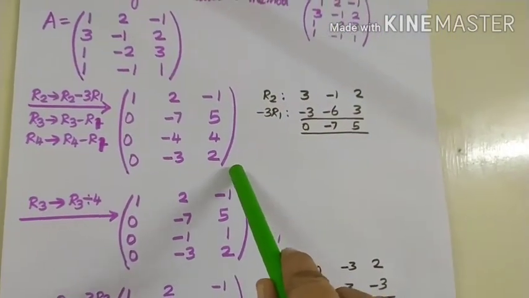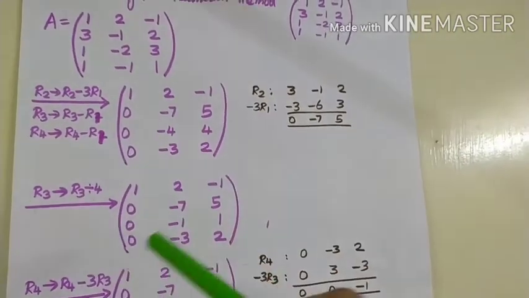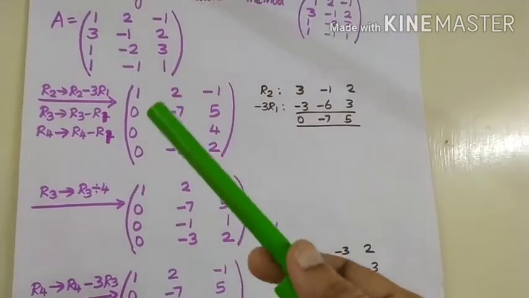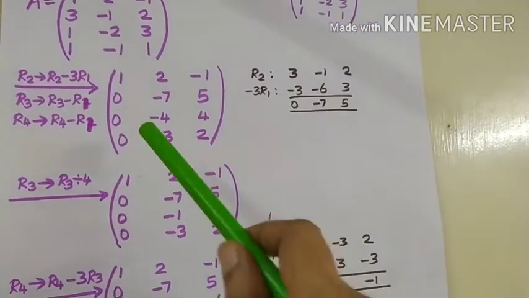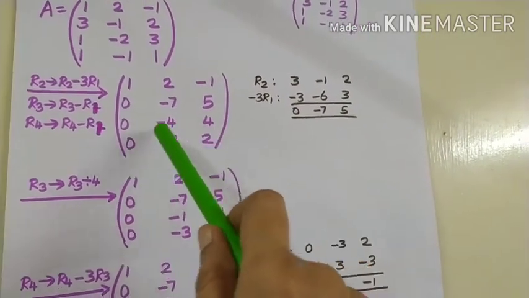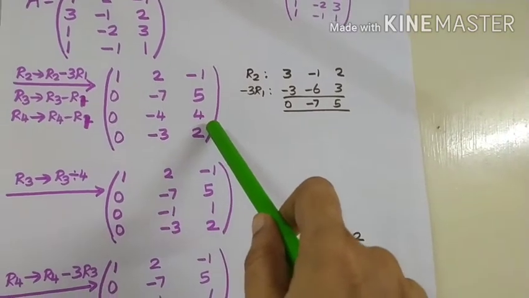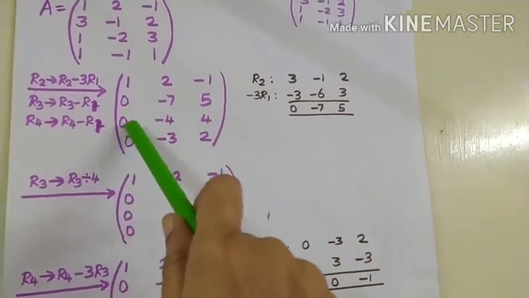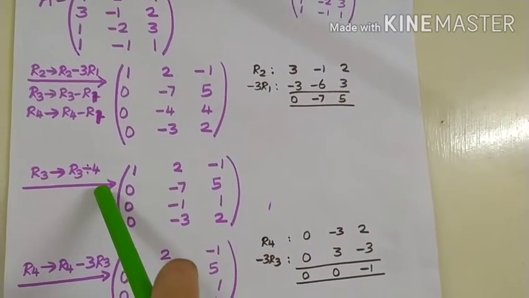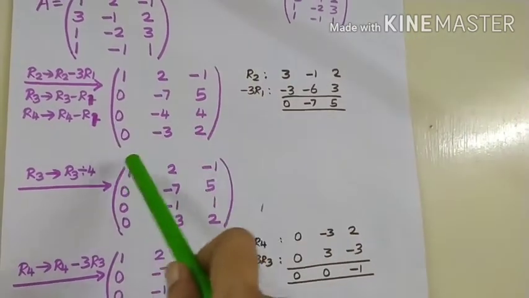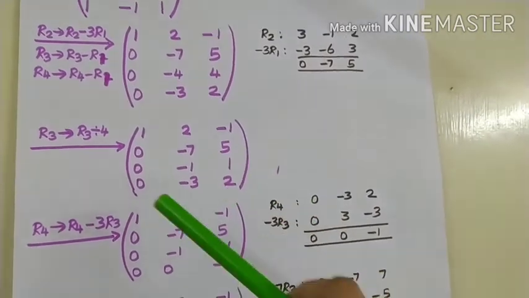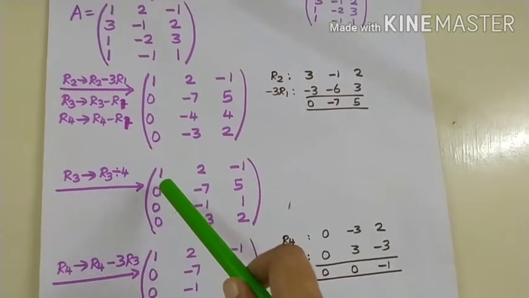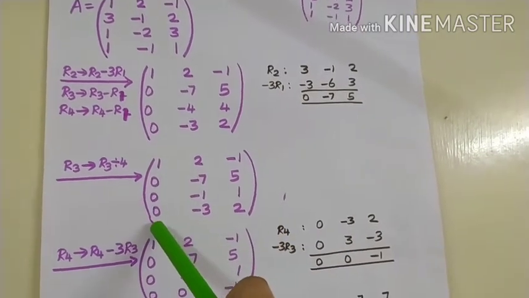Now, in any row, if the same number is there, we can divide so that calculations will be a little bit easier. Because 4 and 4 is here, R3 we can divide by 4. If one full row has a number common, I can divide by that number. No other row has anything else common, so just leave it. So, my first step is keeping 1 in the first row and zeros in second, third and fourth.